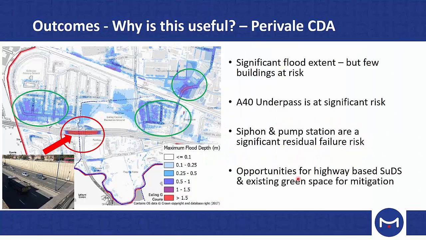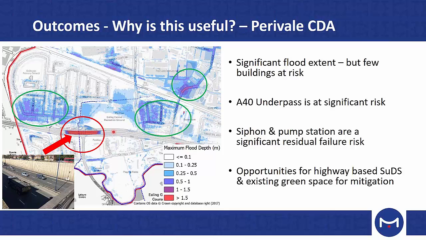So moving on to why this is useful for the two case study locations. As you can see from this diagram, there are quite a few properties at risk potentially, but the depth of predicted flooding is generally low. So the extent looks quite severe, but the actual number of properties at risk is relatively low. It highlighted that the underpass here and the siphon and pump station that serve it is at a reasonably significant